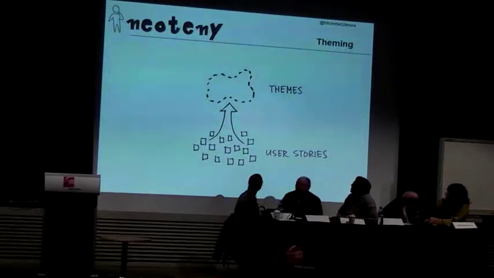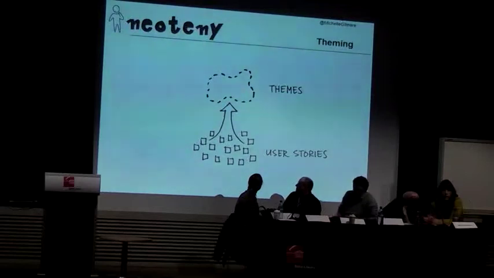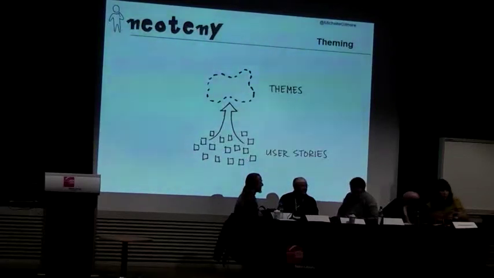What we do then is what we call theming. So we take all of those user stories and we group like ones. So you may have heard this is called sometimes Affinity Mapping, where we collect groups of things that are the same. So they may be things like collecting the device or walking around a museum listening to the device or dropping off the device. What that helps us to do is very quickly get a sense of scale from the design team, so we can start to look at how we're going to estimate this project, because we can see how big it's going to be, but also the certain complexities within the project.